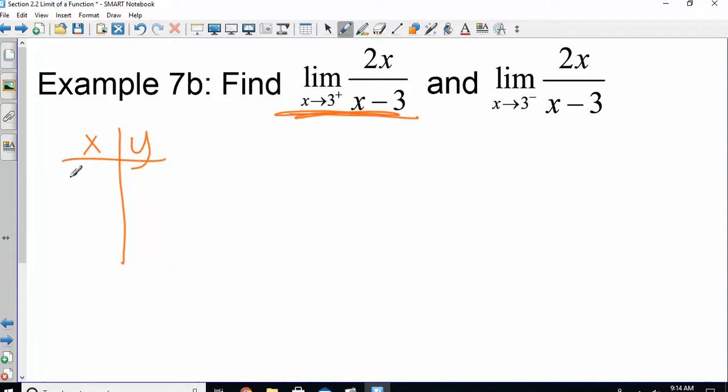So all I would have to do there would be my 3.1, 3.01, 3.001. Okay, if I plug those in,